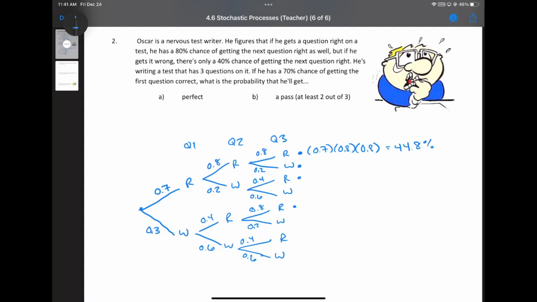Now those ones are not going to necessarily be equally likely because of the way things worked out. So that one's going to be 0.7, 0.8, 0.2. This one is going to be 0.7, 0.2, 0.4. And this one is going to be 0.3, 0.4,